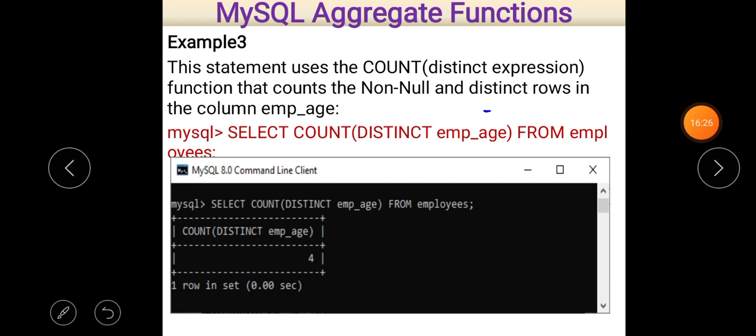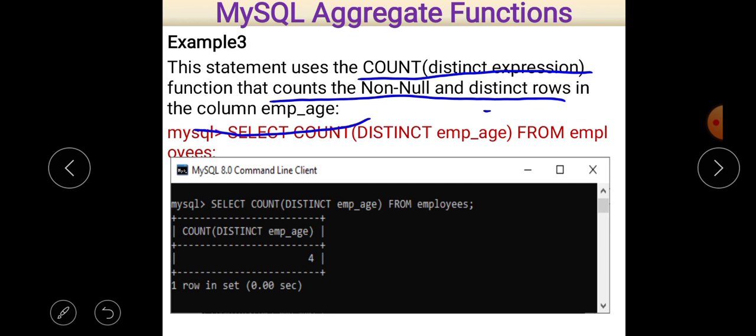Now example number 3, count with distinct expression that counts the non-null and distinct rows in the column employee_age.